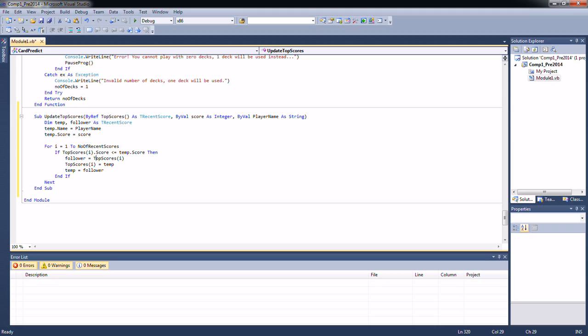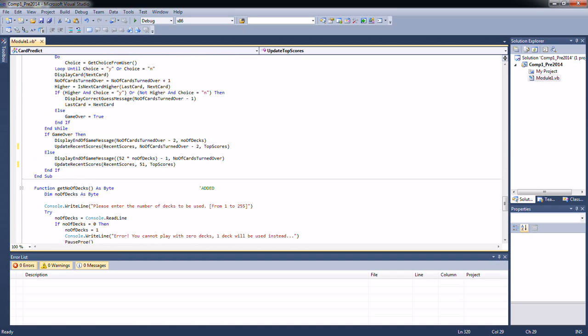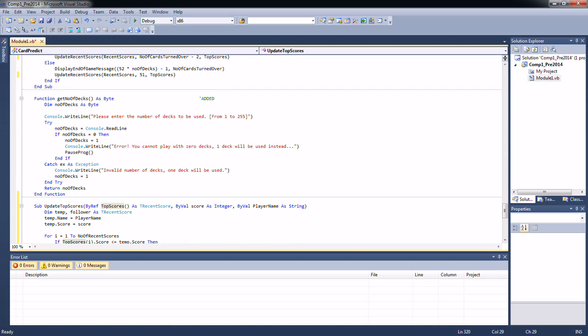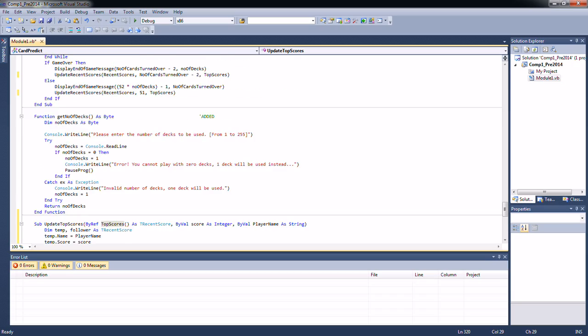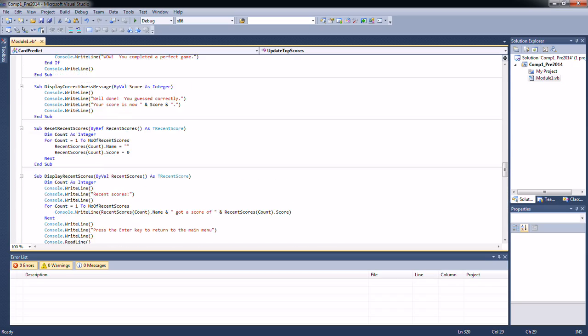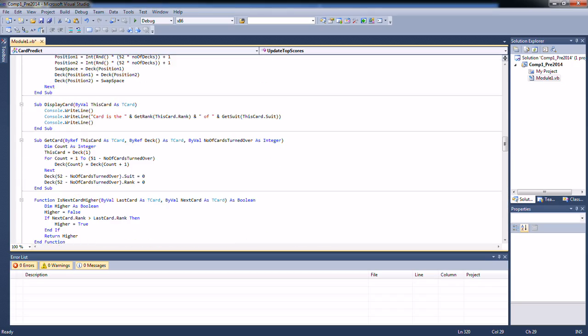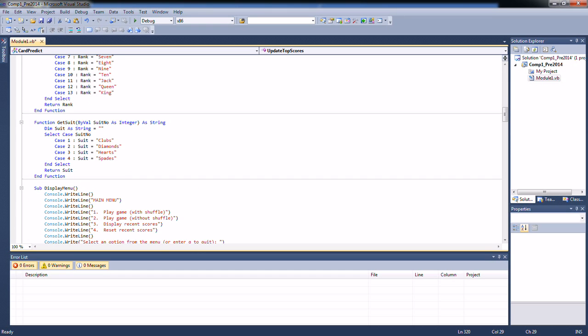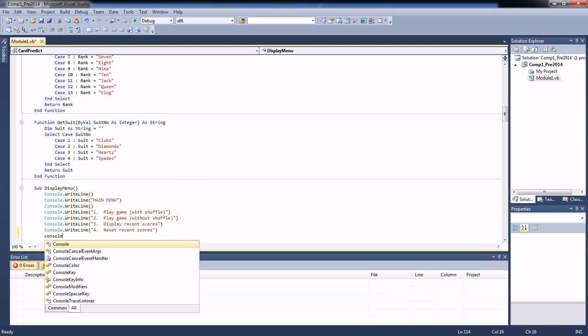Just fix this, there we go. Alright, so now we have the update region score, which will happen every time the user finishes a game. Now what we need to do is to make it so the user can see the top scores. So first of all, let's scroll up here, and we want to do console.writeLine